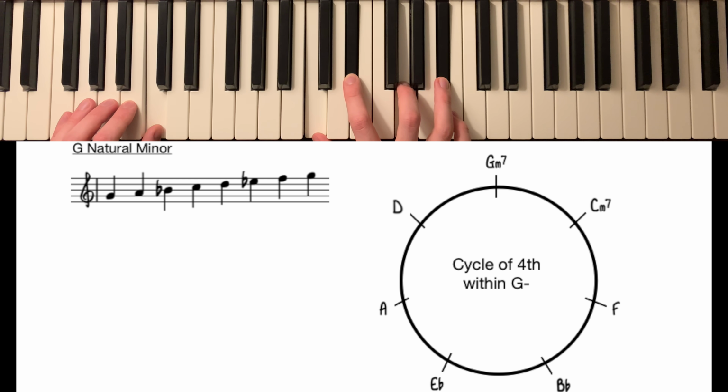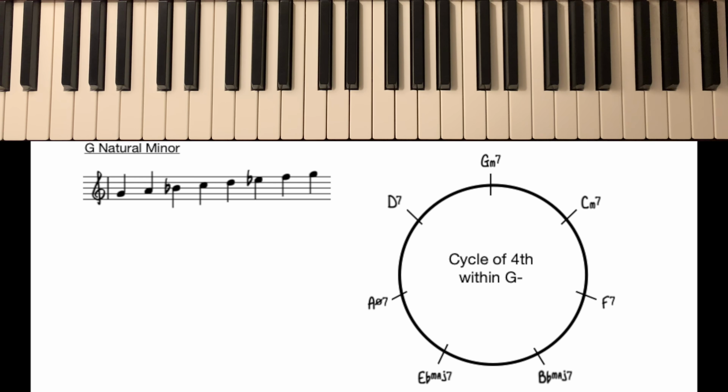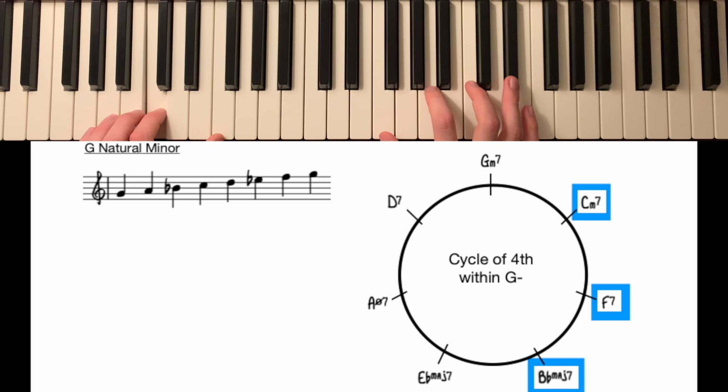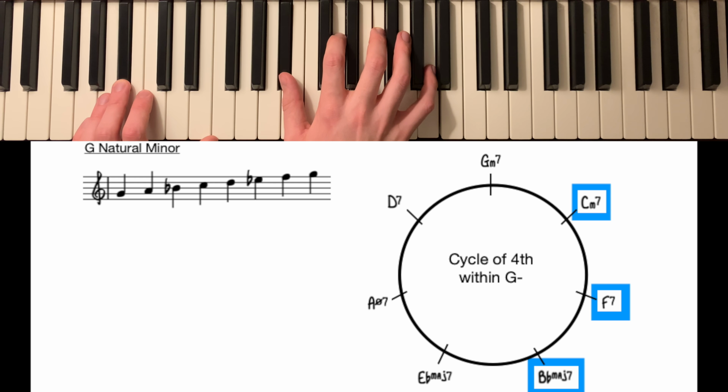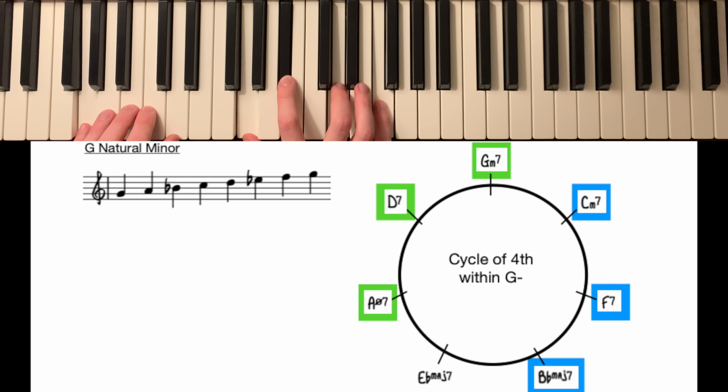If we continue the same process, the rest of the chords would look like this. We have tweaked our D chord to D7 rather than D minor 7, but everything else is just how we expected. In here, we can see the Autumn Leaves progression. C minor 7 to F7 to B flat major 7, then A half diminished to D7 to G minor 7,